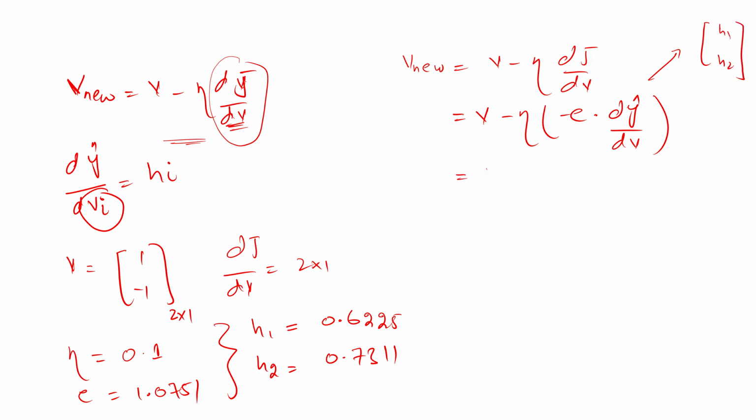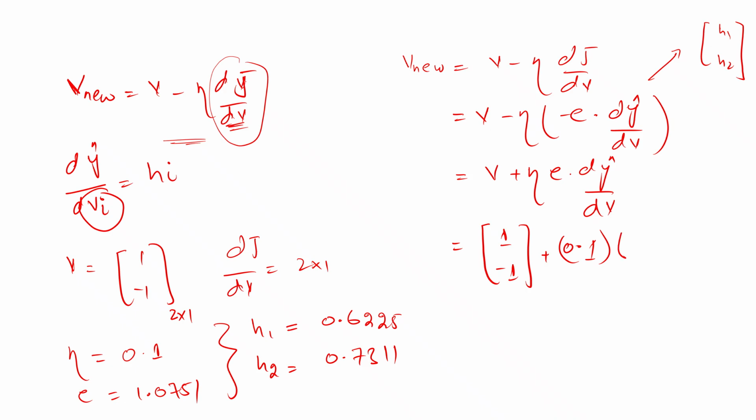So this becomes v plus eta e dy hat by dv. So simply we will put the values. The v vector, which we initialized in the beginning of the numerical example, I chose these values randomly. So it was 1 and minus 1, plus eta 0.1. This is the value which we have to choose by ourselves to tune the approximation. Error was